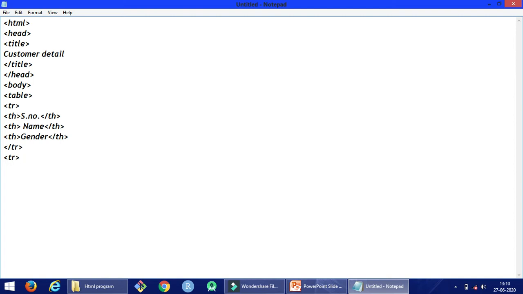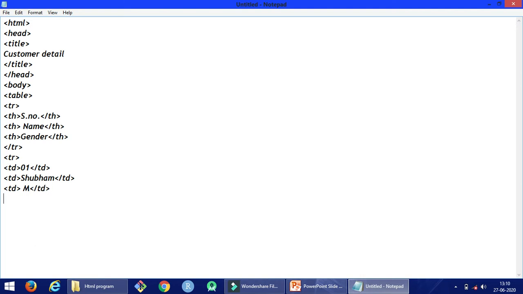Add another row here, write td for entering data, write serial number 1, write the name of the customer, close the td tag. Now write gender, M for male, close the td tag.